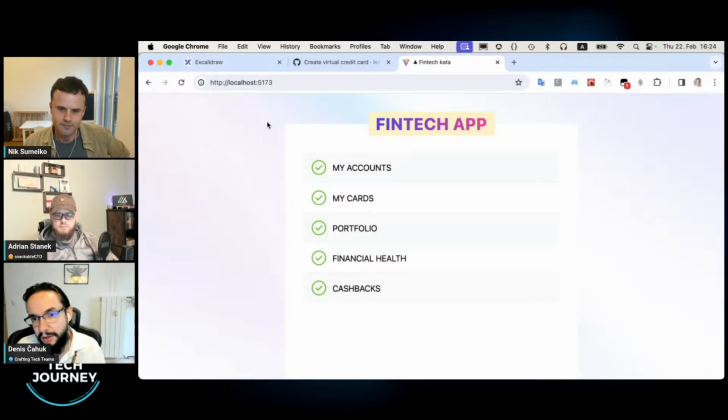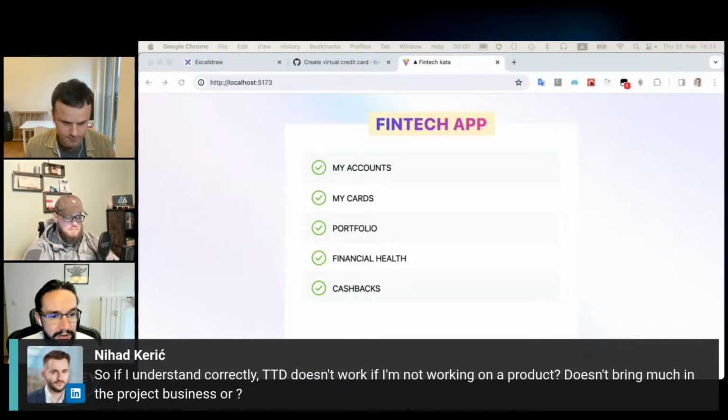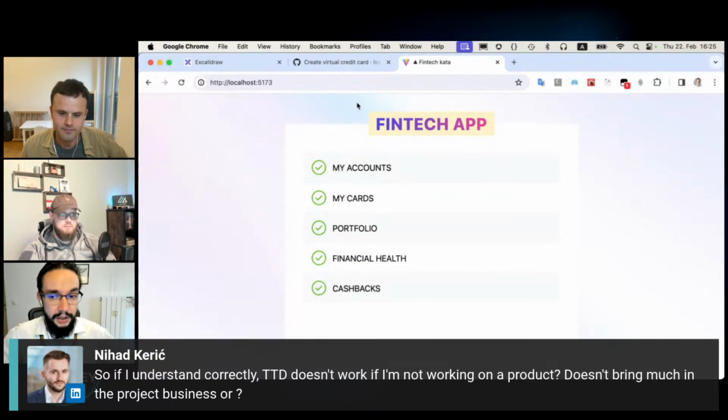We had a question from Nihad. So if I understand correctly, TDD doesn't work if I'm not working on a product. Absolutely, it doesn't work if you're not building a product, because TDD is primarily a business tool, a business discipline. Now, you can do TDD if you're not working in a business per se.